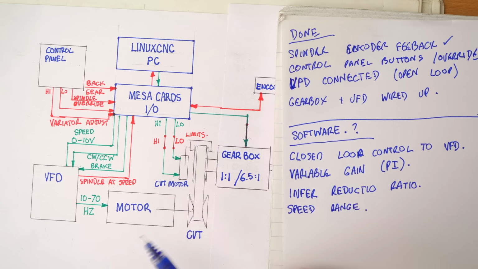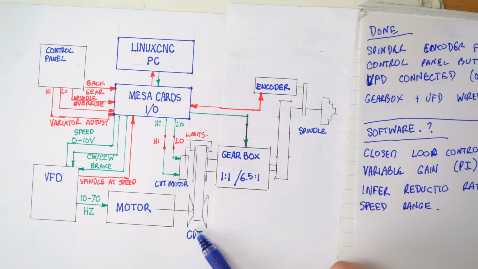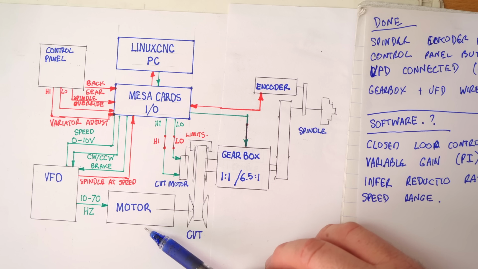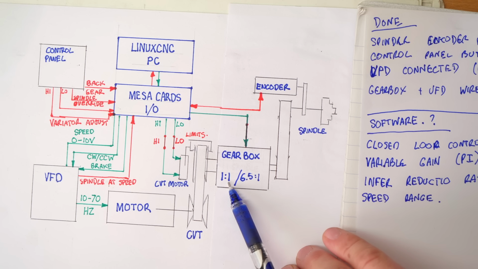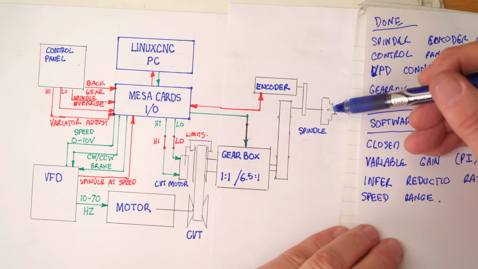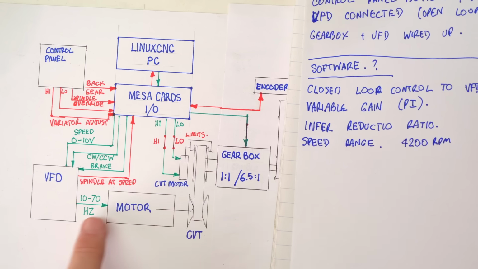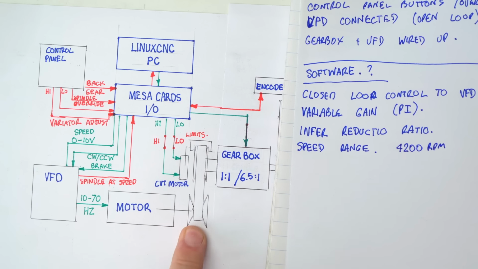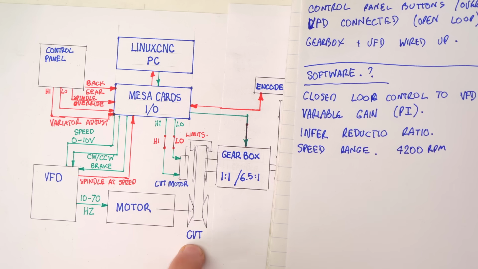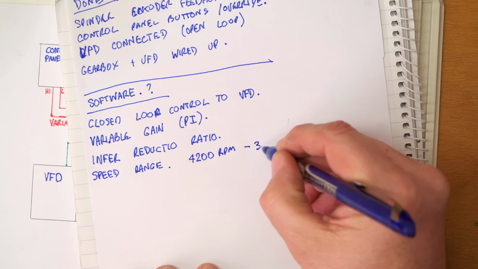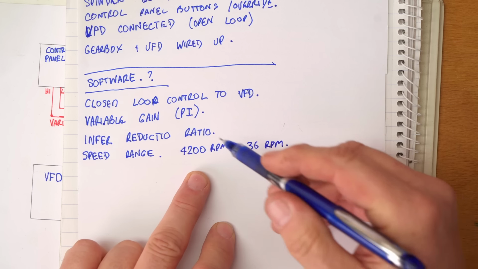What I've already found is that if I have the CVT giving its highest speeds, and I run the motor at the highest speed in gearbox high ratio, the spindle can reach mechanically about 4,200 RPM. If I run 10 Hertz, most reduced CVT and back gear, I get something like 36 RPM. However, this value